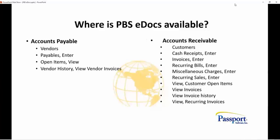Now in receivables, there's a lot more logical points to attach to, so we've got a lengthier list here. It's in customers, the cash receipts enter, invoices enter. If you're using AR billing, you could attach documents to an invoice. Recurring bills, miscellaneous charges, recurring sales, view customer open items, much like AP, view invoices, view invoice history, and view recurring invoices. So there are a lot of logical points of entry, if you will, where we can utilize eDocs